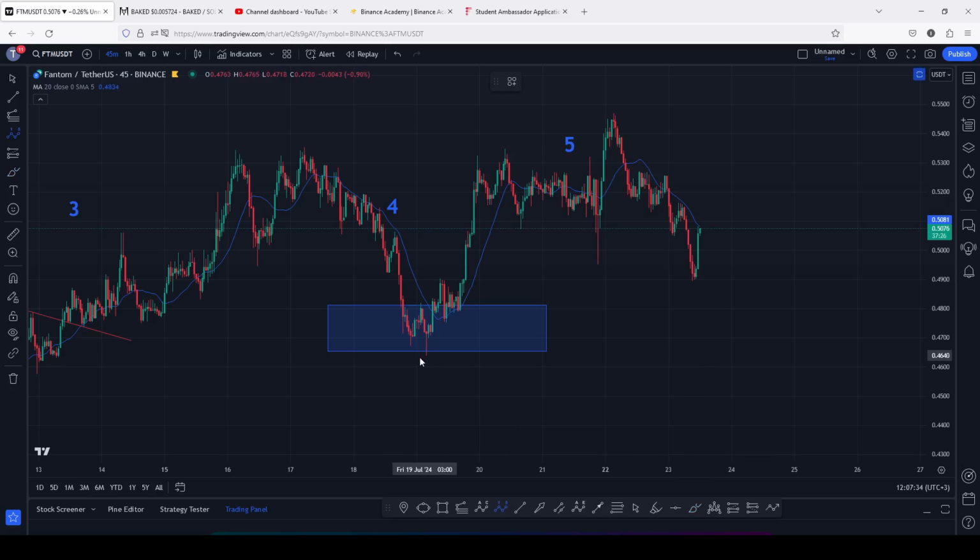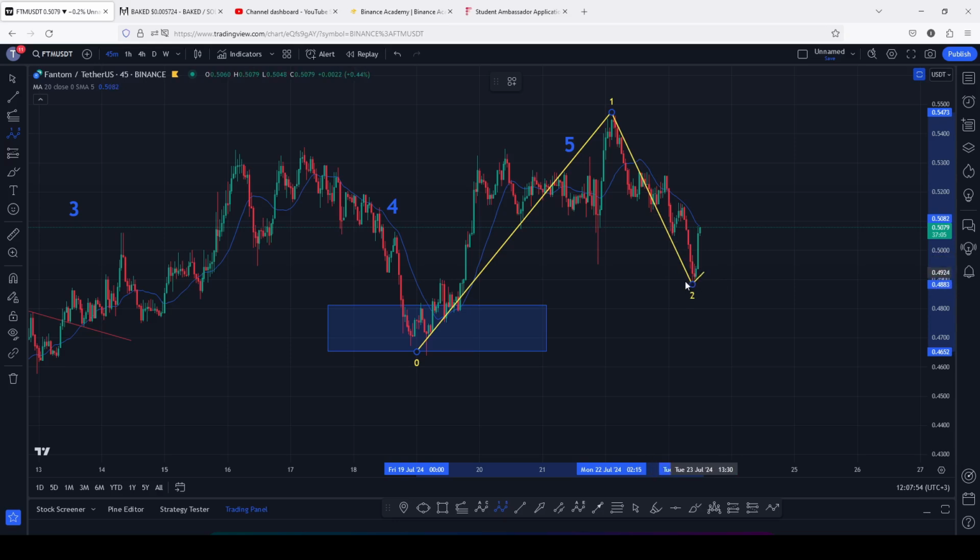We saw a very nice bounce to the upside in a move that gave us a high above the 0.5475 in what I have been terming as that Elliot wave count 1. And after we peaked in that Elliot wave count 1, we saw a bit of a breakdown move in an Elliot wave count 2. And on today's video, I will also be giving you the minimum target areas for the